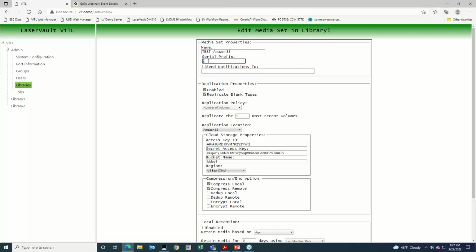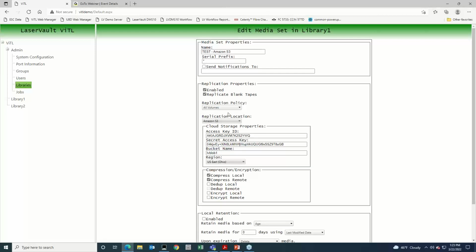Now for serial prefix, you can apply this replication to different volumes based on their prefix, which is typically 1 or 2 or 3 characters that you apply when you create your volumes, and this replication would apply to those particular volumes. So you can replicate the number of volumes that you want in the most recent, or you can say replicate all volumes. It will not replicate volumes that are already existing at the target, whether that's cloud storage or a second